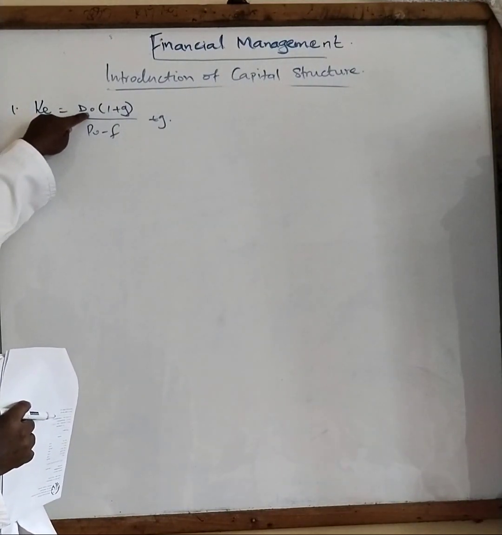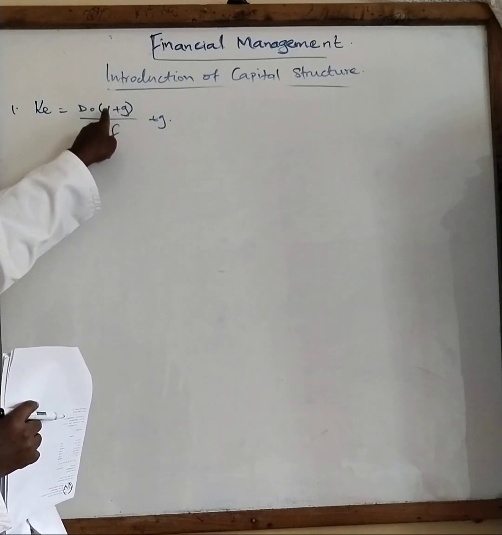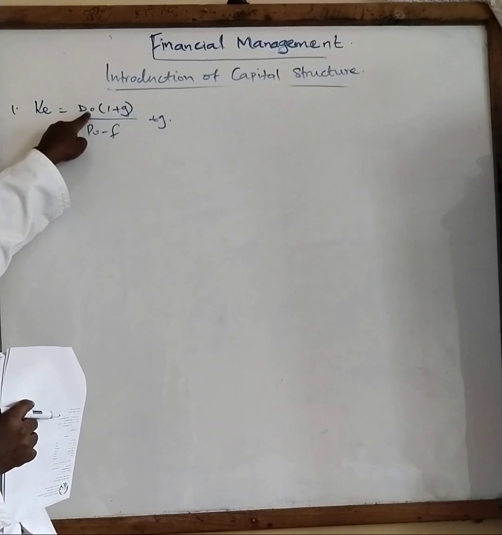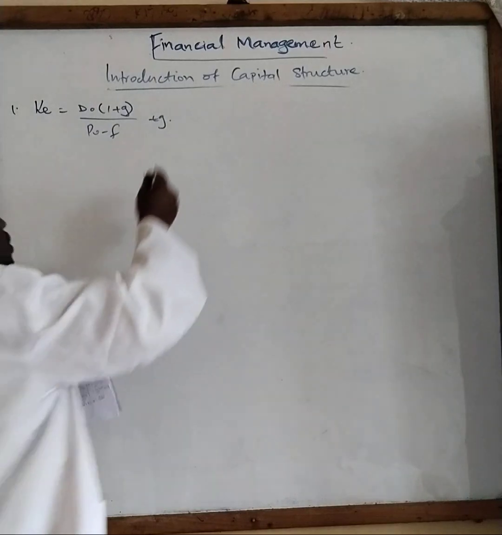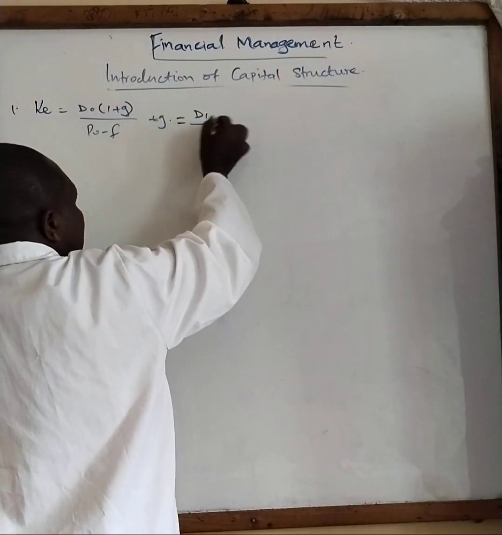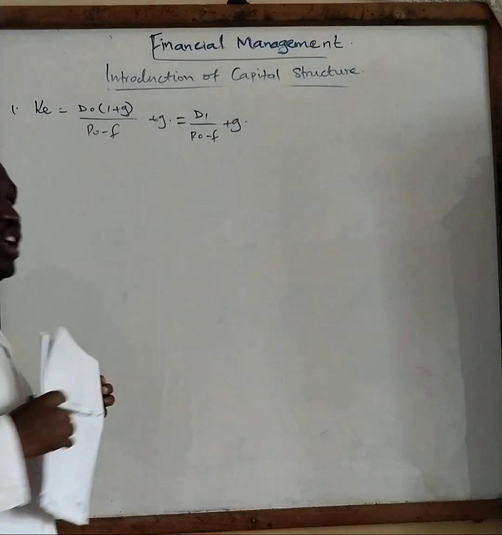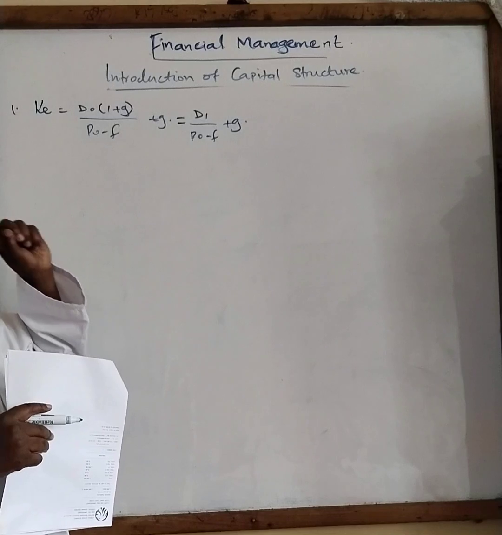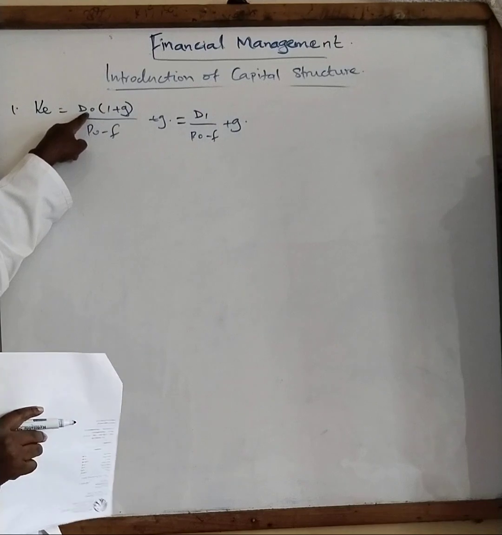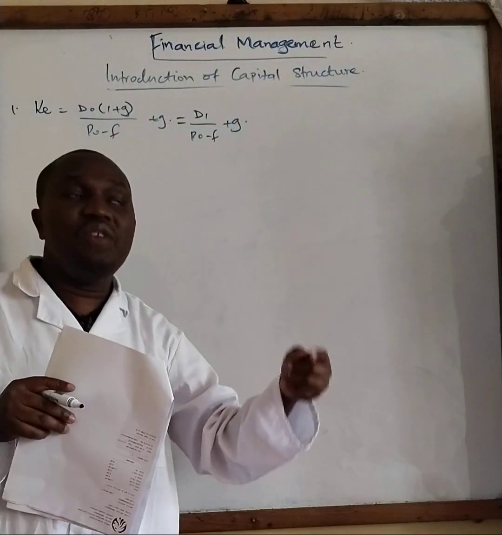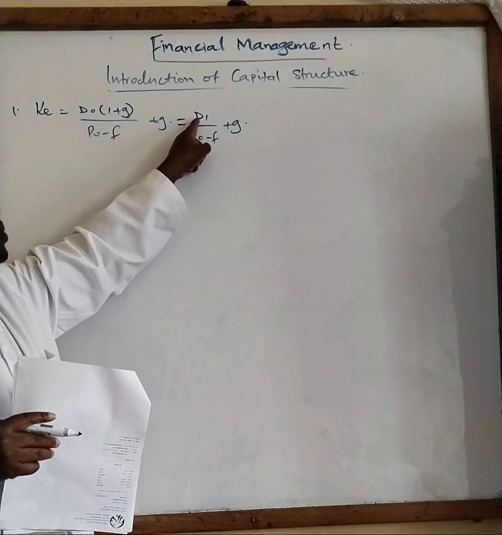D0 is the current dividend. If I bring in this variable here, it automatically grows this current dividend to dividend after year 1. So therefore, this one here denotes dividends after year 1. In a given question, you should be very careful. Know whether the dividend given is the current dividend or a dividend given is after 1 year. If it is after 1 year, don't grow it here. You just directly substitute here.